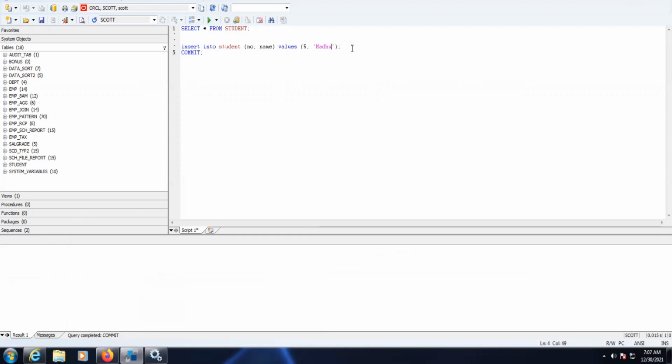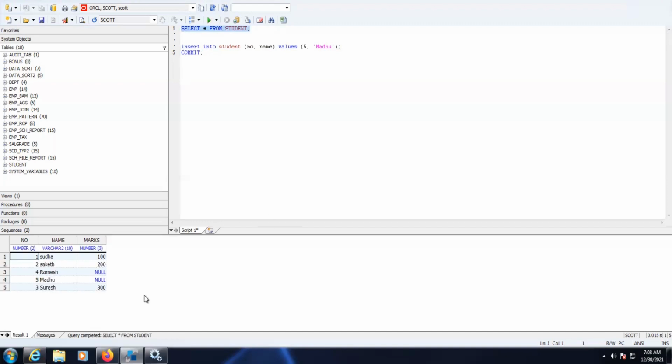Okay. So now I will insert the data and I will commit the data. Commit is completed. Now select the data. So here we have 2 null values in the marks, because we have not considered the marks column while inserting the data.